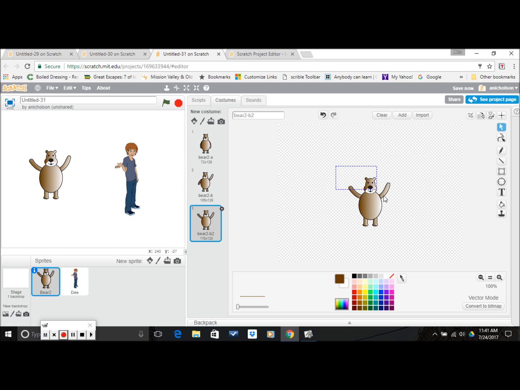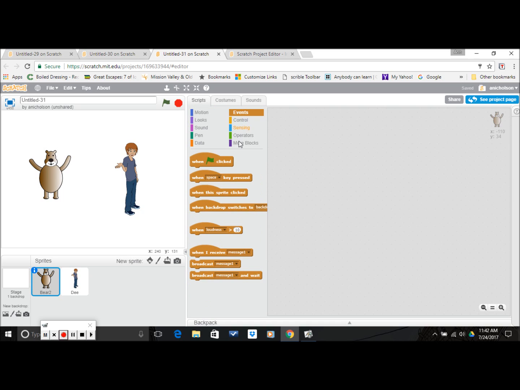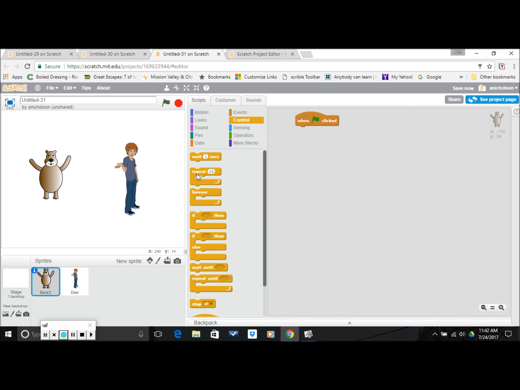So if I want to animate him, I can do that. I'm going to select everything and regroup it again. And I could keep going through this process, just changing a minor thing about the bear. So let's go in and just animate that real quick to see the effect. So I've got the bear selected. I'm going to go to scripts. I'm going to go to when this block clicked for my event, and I am going to do a control. We'll have him do it 10 times, and we'll do the next costume block under looks,